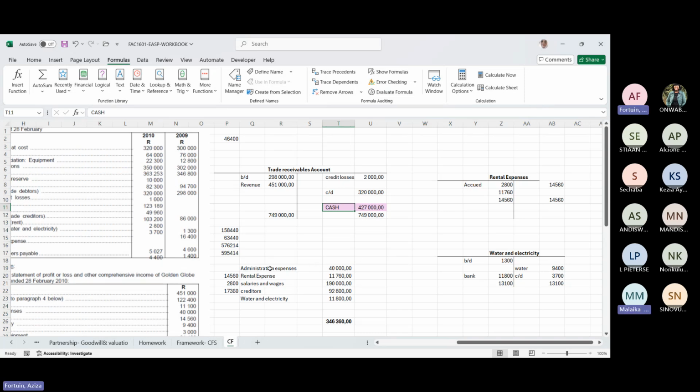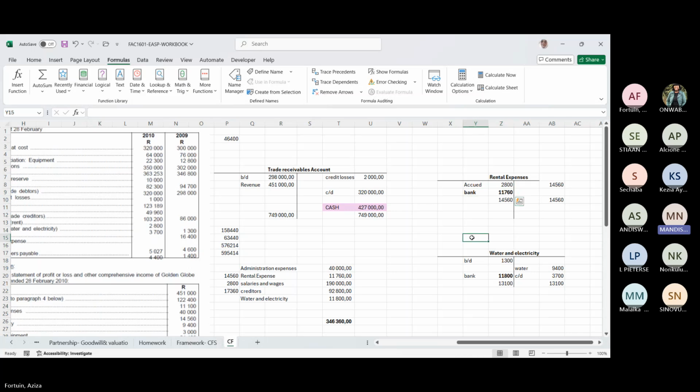If you look at your expenses, because there were accruals and prepaid, you had to open up T accounts. How are you going to get that 1160 and the 11,800? How are you going to know the bank here? What went through the bank? Okay, it makes sense now that we're doing it with T accounts.